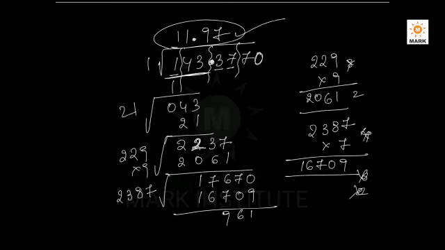So this is how. This is a very important method. This kind of method is very useful whenever there is no calculator with you in the given exam. So quite useful. So my dear friends, I hope you liked our technique of how to find the square root of non-perfect square numbers with decimals and without decimals.